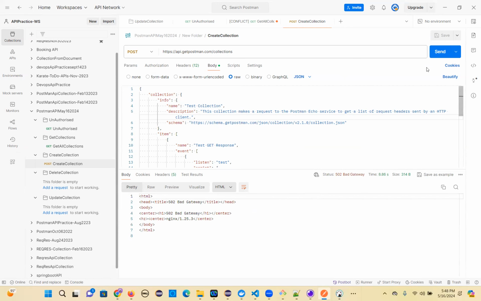Sorry, I got a bad gateway, because at that time it was offline. See, this ID is different. Every time, the ID and UID are different. That's why you need to take these dynamic values. How can you handle that? You need to take this and store it in the